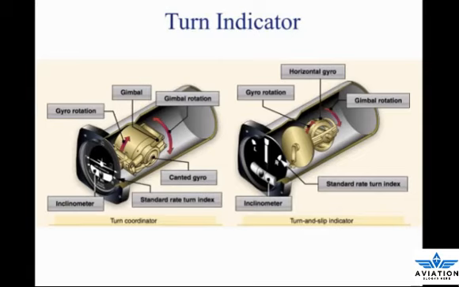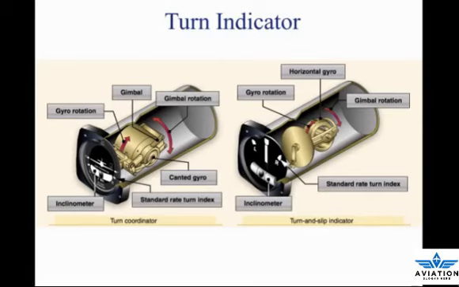The gyro in the turn and slip indicator rotates in the vertical plane, corresponding to the aircraft's longitudinal axis. A single gimbal limits the planes in which the gyro can tilt, and a spring tries to return it to center. Because of precession, a yawing force causes the gyro to tilt left or right, as viewed from the pilot's seat. The turn and slip indicator uses a pointer, called the turn needle, to show the direction and rate of